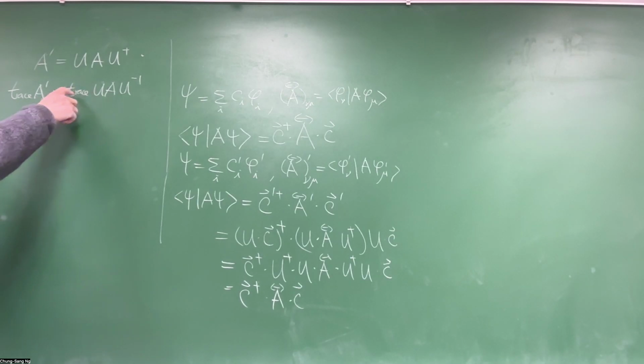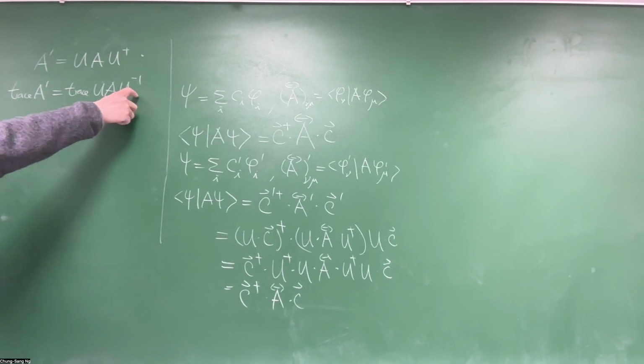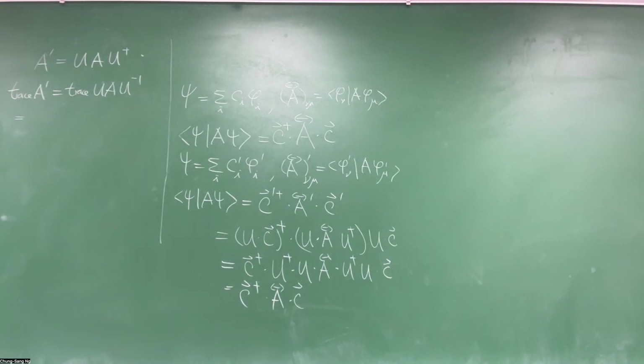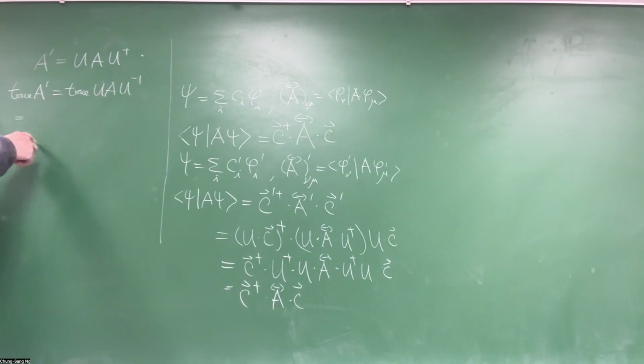The trace is basically the sum over all the diagonal elements. So whatever the diagonal terms, sum over all the mu mu terms. But then this summation you can write like